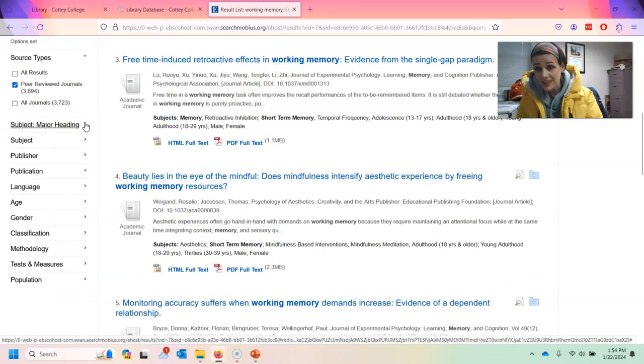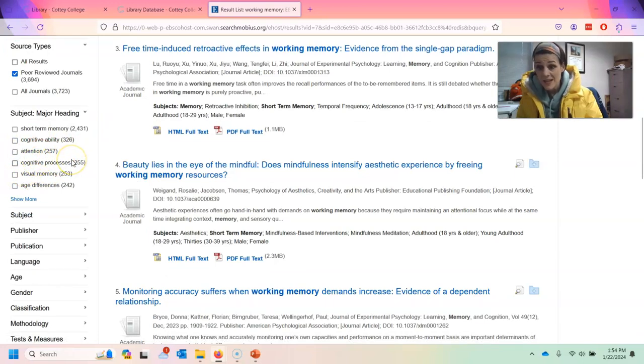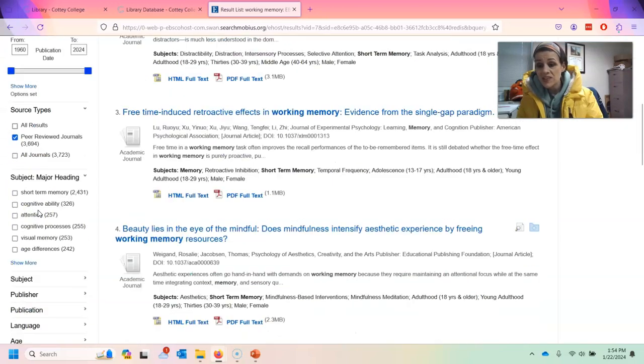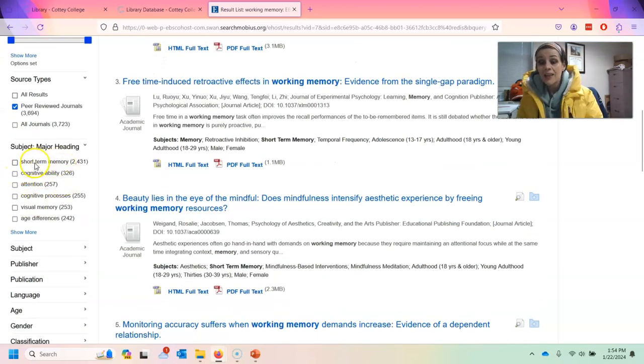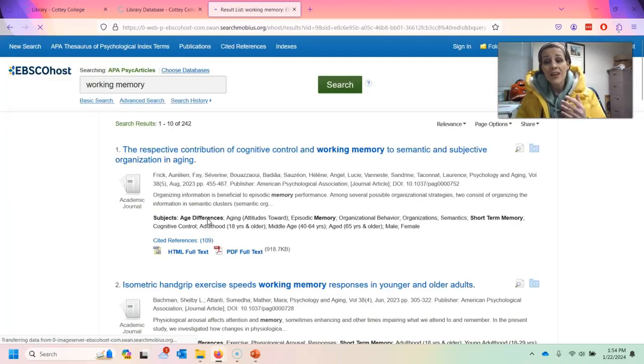Let's pick subject and see if we can find a major heading here. Maybe I'm interested in a few different things. Notice that when I click on these subject major headings, I can pick short-term memory, which covers quite a few: cognitive ability, attention, cognitive processes, visual memory, and age differences. So by doing so, I can cut this down even further to look at something a bit more specific. I'm going to click on age differences, and when I do that, I cut this down to about